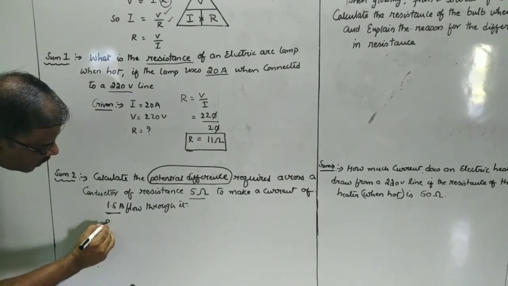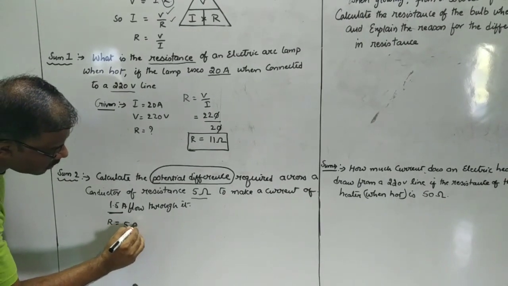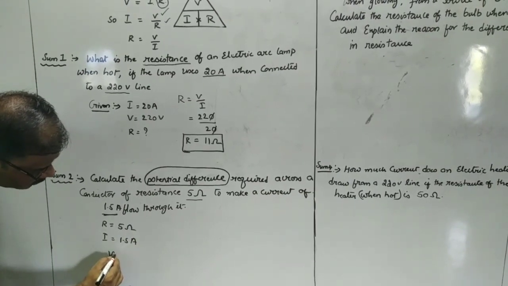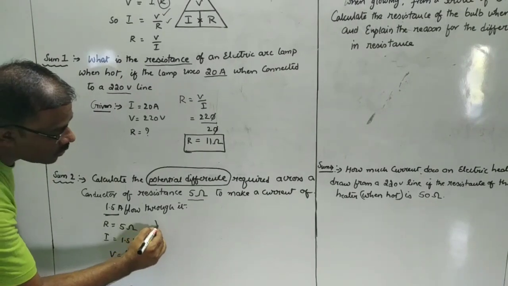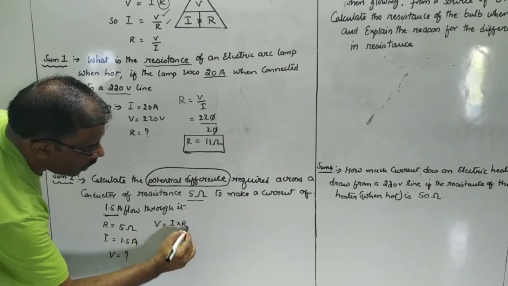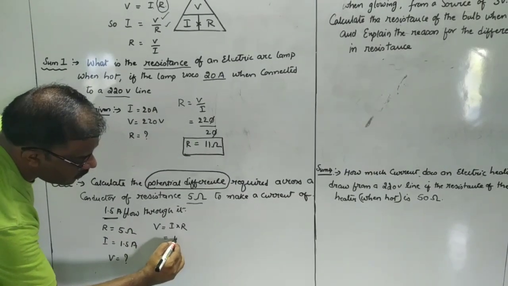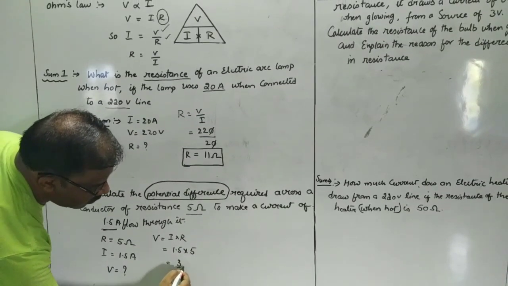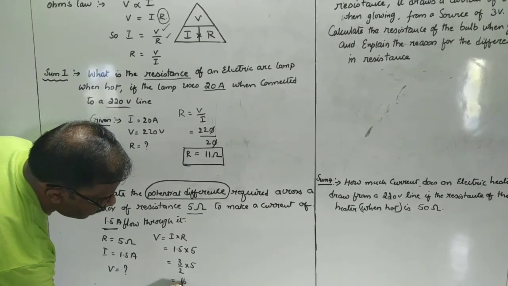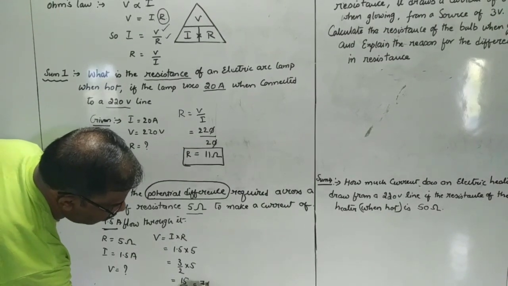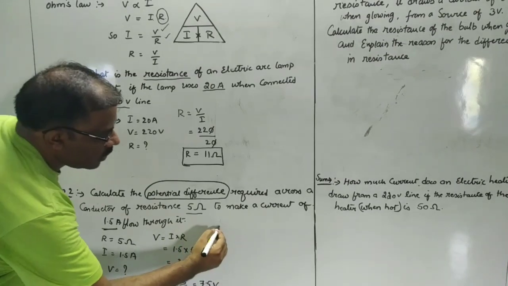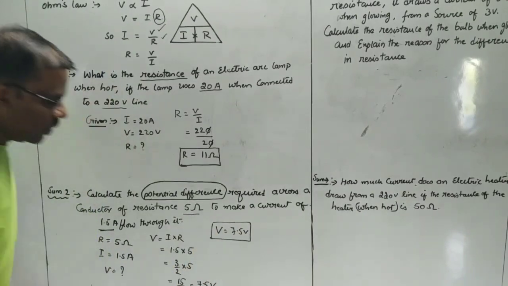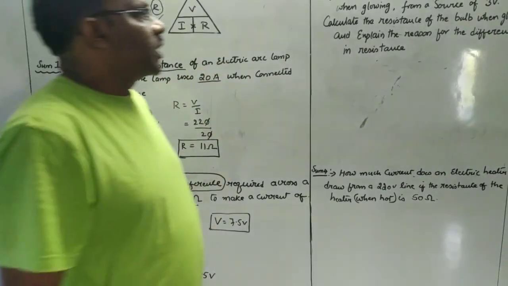So here what is the given information? We have the resistance is equal to 5 ohms. We have current flowing in the conductor to be 1.5 amperes. We need to find out the voltage across the circuit. So according to Ohm's law, V is equal to I into R. So what is I here? 1.5 into 5, which is equal to 3 by 2 into 5. So 15 by 2, which is equal to 7.5 volts. So the total voltage is equal to 7.5 volts. This is how we can find out the voltage. Let us move to the next one.